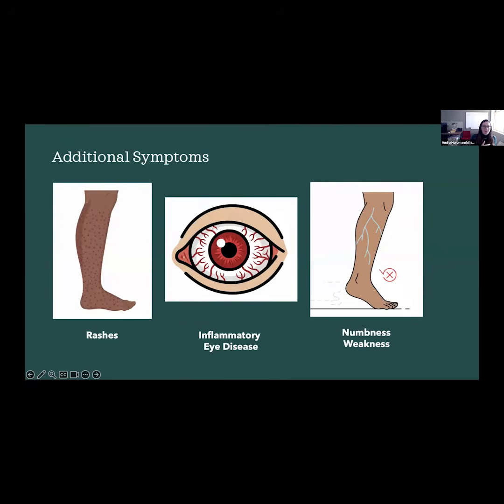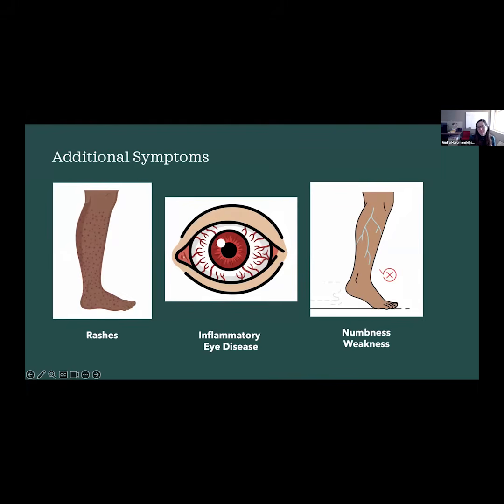Patients can also get what we call vasculitic neuropathy, which is when the vasculitis affects the nerves of the body. This is actually much more common in the other subtypes of ANCA vasculitis, more common in MPA and eGPA than it is in GPA, but it certainly can still happen in GPA. This is more commonly in the arms and legs. Patients will present with numbness or weakness, and this is due to direct inflammation of the blood vessels that supply the nerves. And this is not an exhaustive list of things that the disease can cause.